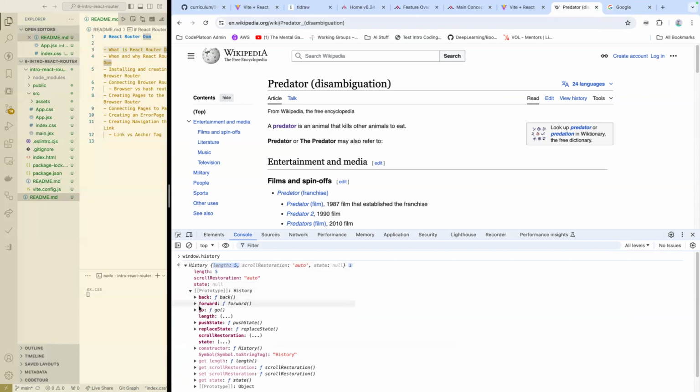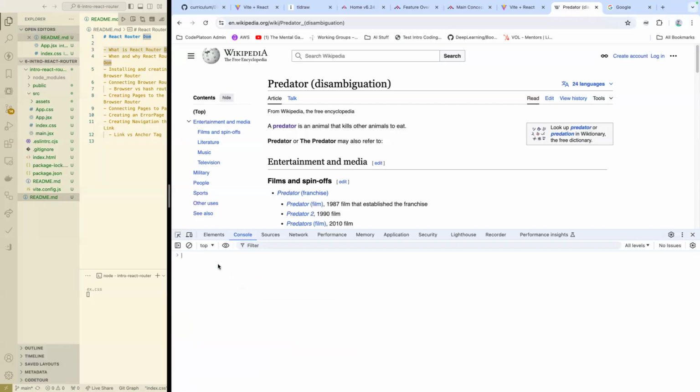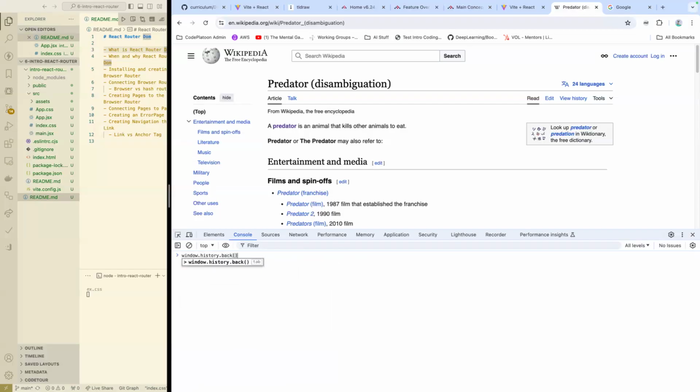There's a function back and forward, both of which sound really intriguing, that we'll look at in just a minute. I'm not sure where hiding in here there is an actual array that holds all of the websites we visited, but what we can demonstrate is window.history.back,